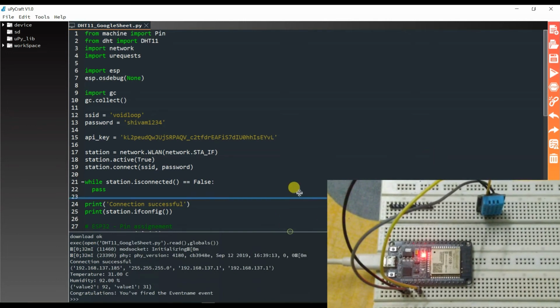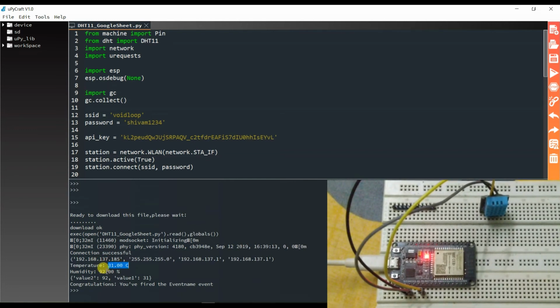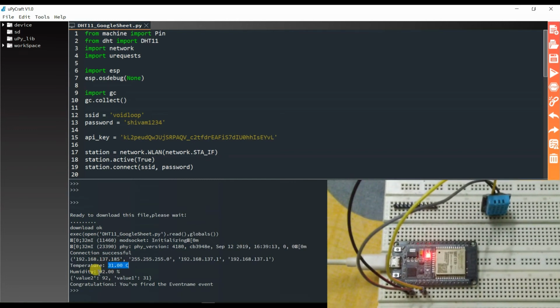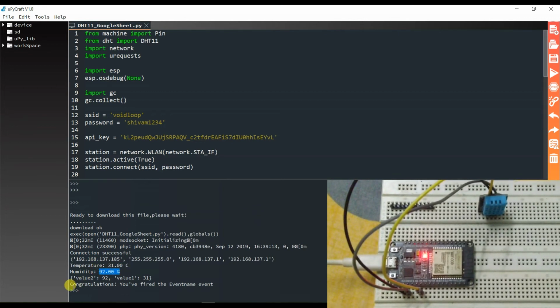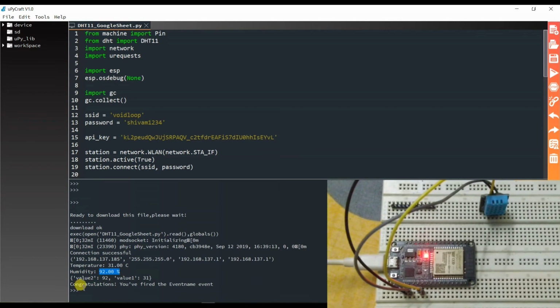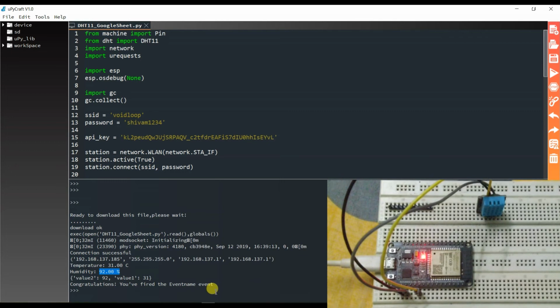You can see here temperature is 31 degree centigrade. Humidity is 92%. And here is written, congratulations, you have fired the event.